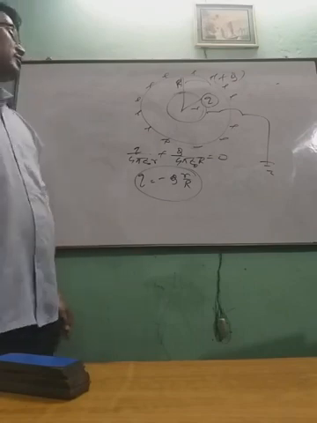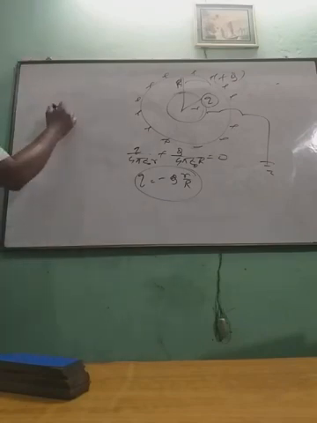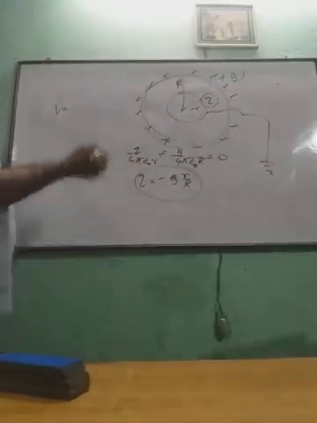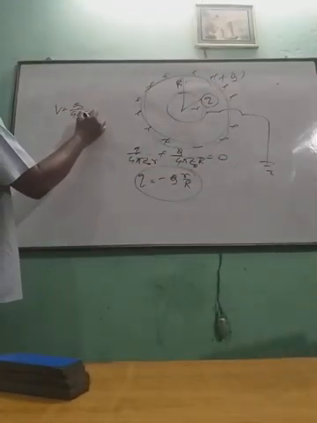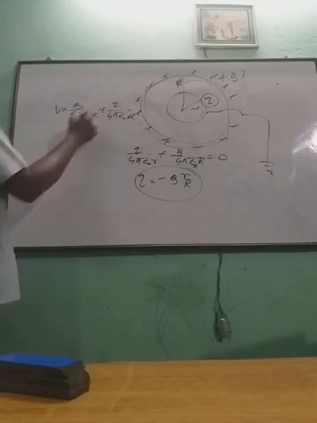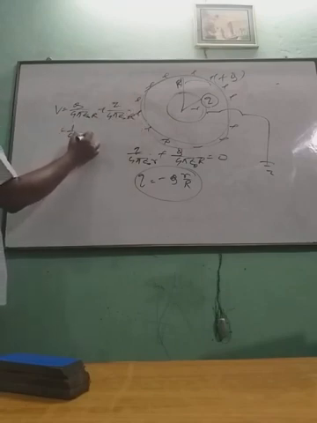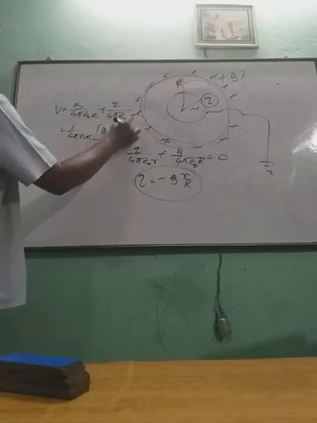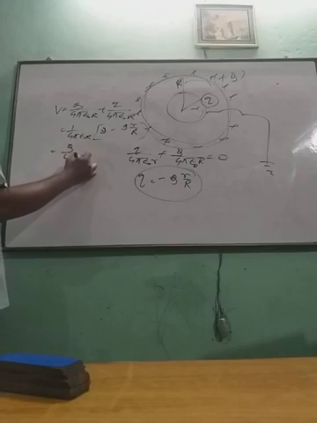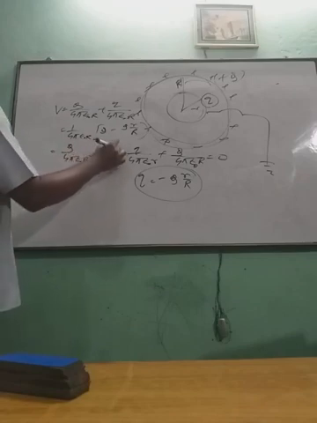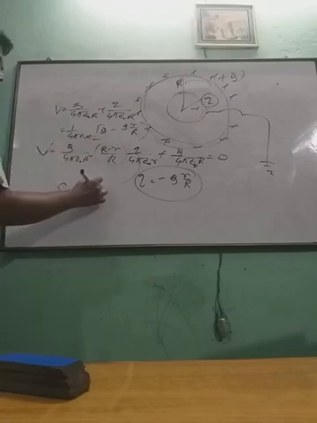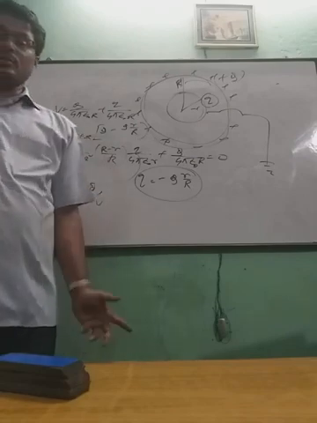Now you can find out the potential also. V equal to the potential of this figure, because the outer one is 0. Then Q by 4 pi epsilon naught r plus small q by 4 pi epsilon naught r, and you can put the value of small q also, capital Q minus small q r. So that is Q by 4 pi epsilon naught r square, capital R minus small r by r. So if it is V, then C is q by V. From here you can find it out.